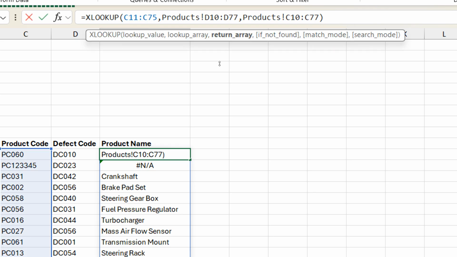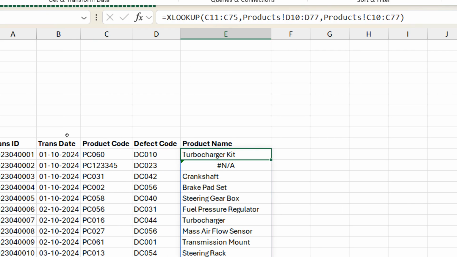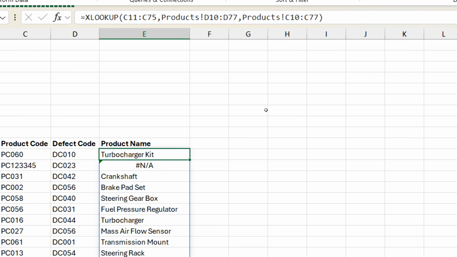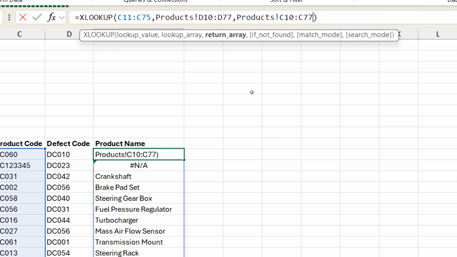Intentionally, I typed some dummy product code just for checking. It's saying NA. I don't like this NA. So go before this bracket. Put a comma. If not found, if this product code is not found in the source, what are we going to do? I want to display a message called no data. So you have to put